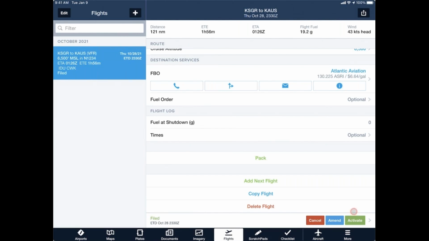So in reality, all we've done is fired it off to flight service, and it's sitting in a gigantic bucket among a million other VFR flight plans that were never activated. Waiting to be activated. Now, the only time this flight plan will become activated is when you hit the activation button. So that's a good reason to have ForeFlight on your cell phone, because if you don't have cellular on your iPad, but you've got it on your phone, you can literally activate your flight plan when you're done with